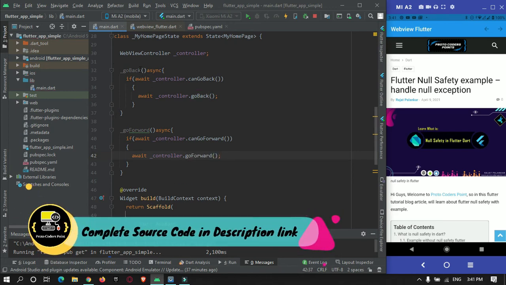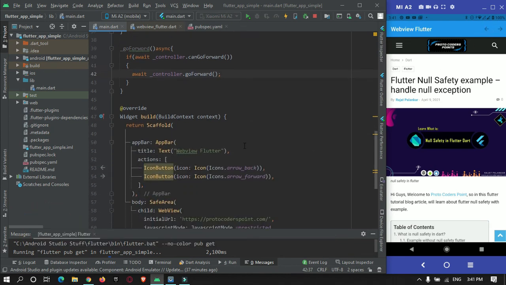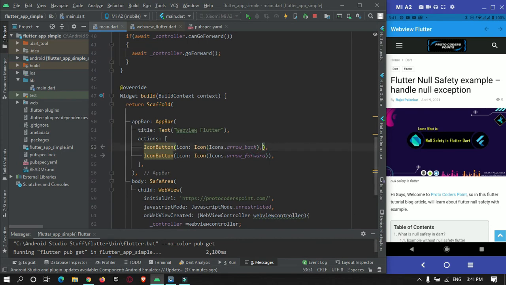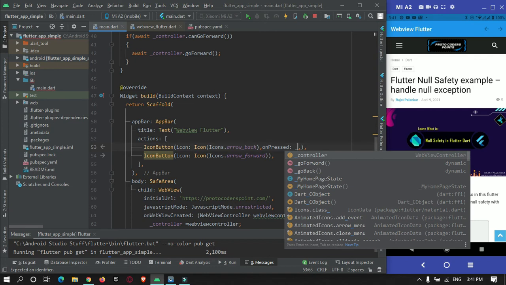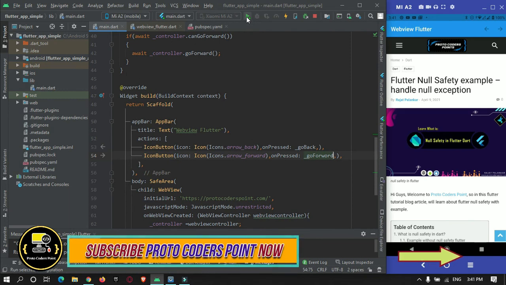Now I just need to call these two methods when the buttons are pressed. So here, onPressed, goBack. The same thing for the forward button, goForward. Now I will restart our app.